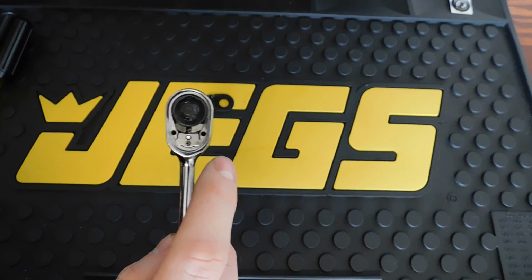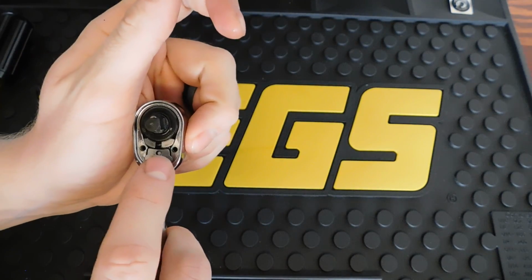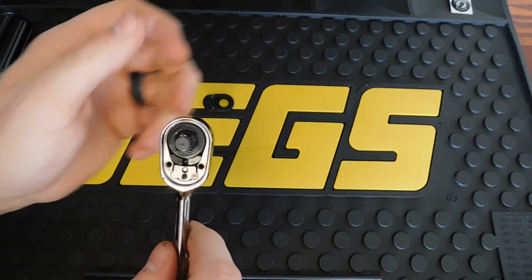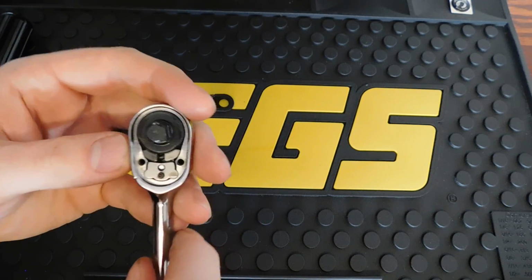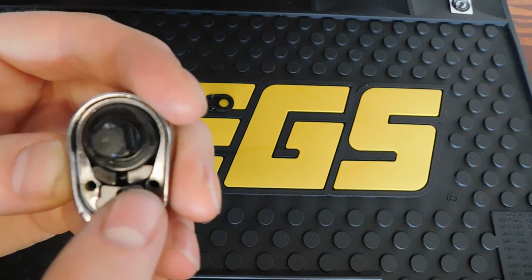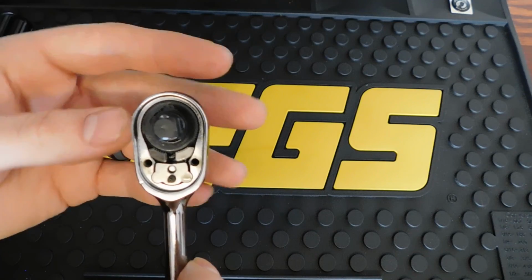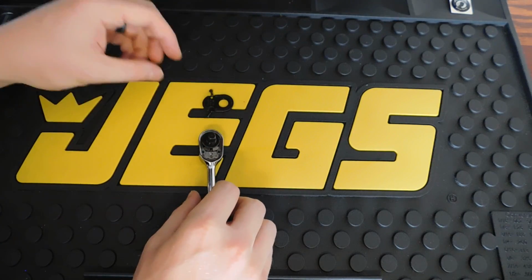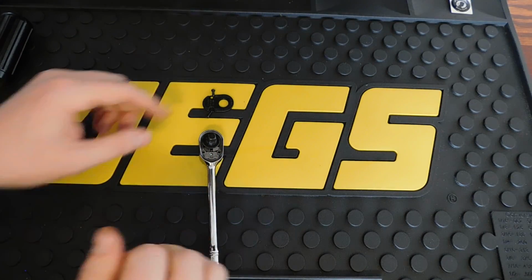Whereas the GearWrench, you have both pawls that will engage back and forth. This will only use one pawl to engage the gear, or one side of the pawl to engage forward and reverse, but each one of these gears has 7 teeth on it to engage that 72 or 80 tooth main gear mechanism. So to take this apart,